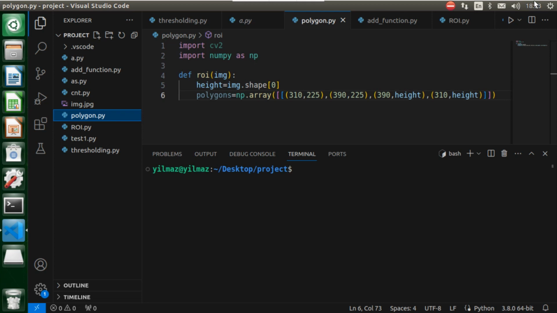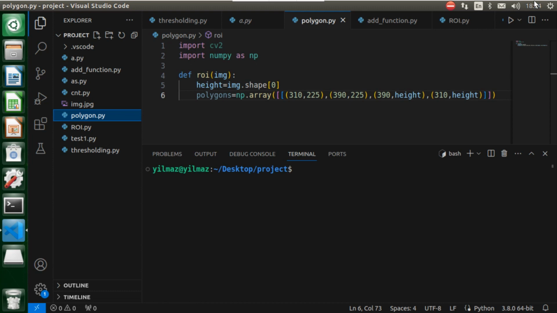Dear friends, as you know, we created a polygon in our previous lesson. Now we need to create a zero matrix where we can apply this polygon. So what exactly will this do for us? This process is actually a mask process. We will only move the relevant area to the zero matrix, that is on a black background. In this way, we will block other unnecessary pixels.